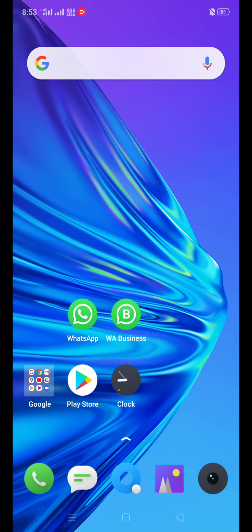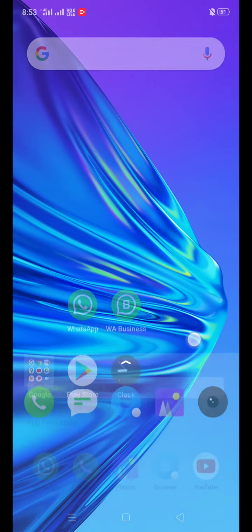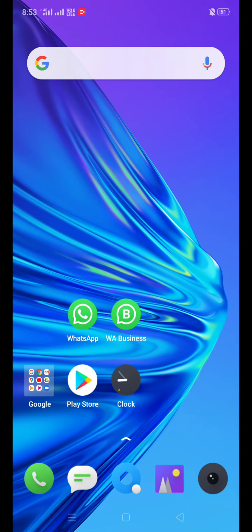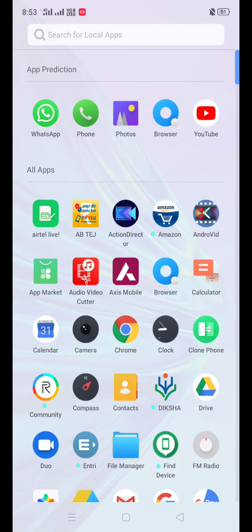Hello everyone. In this video I am going to explain how to use the Zoom app. I know that many of the teachers are already using this app. Still, some teachers have some doubts and are confused in using this app.